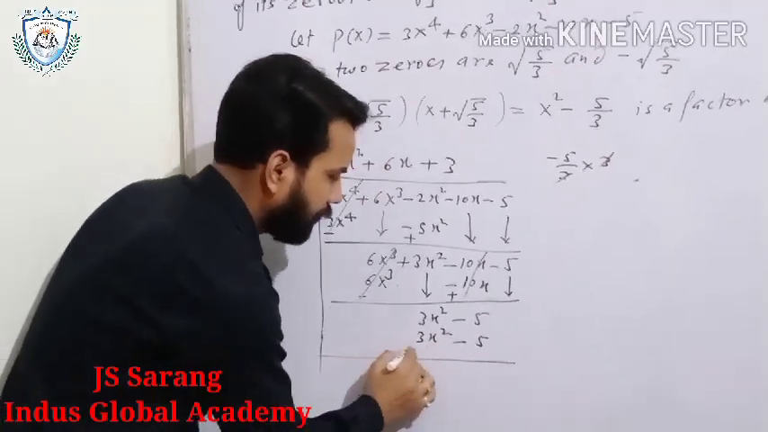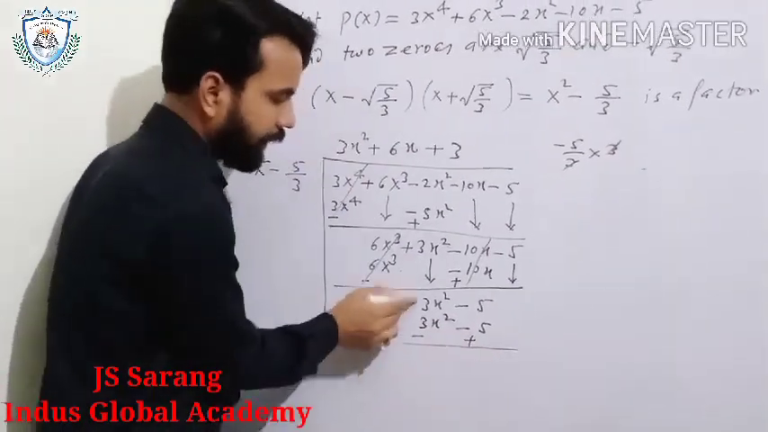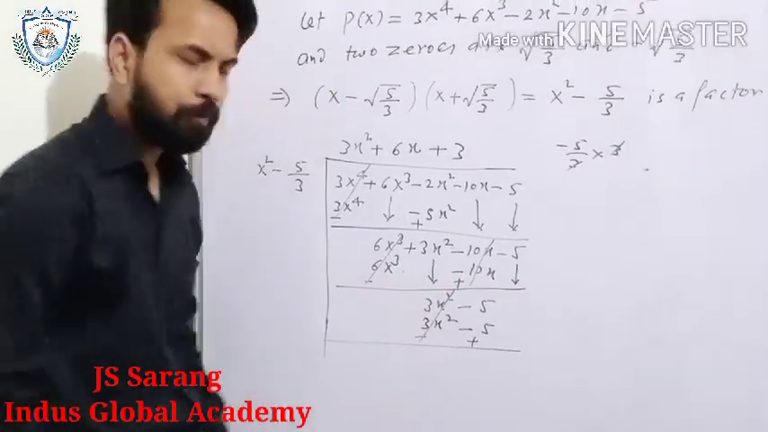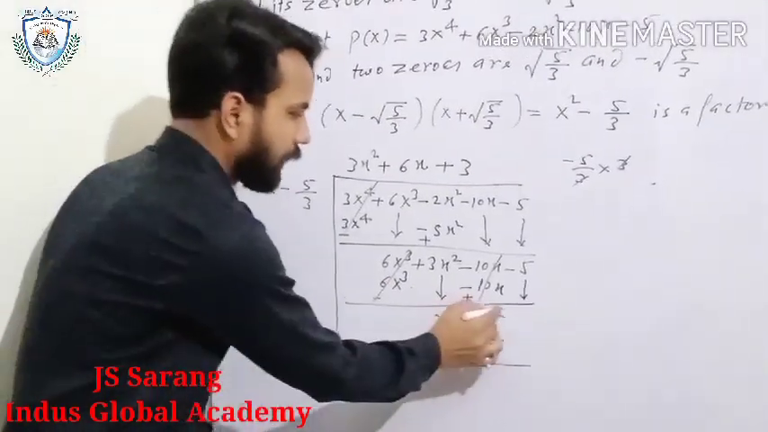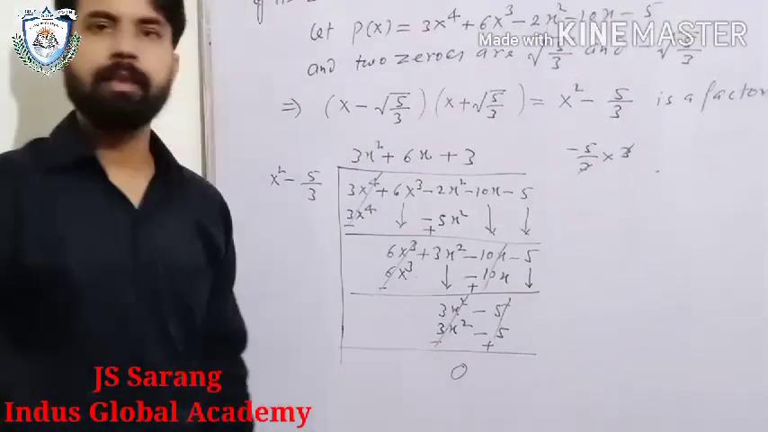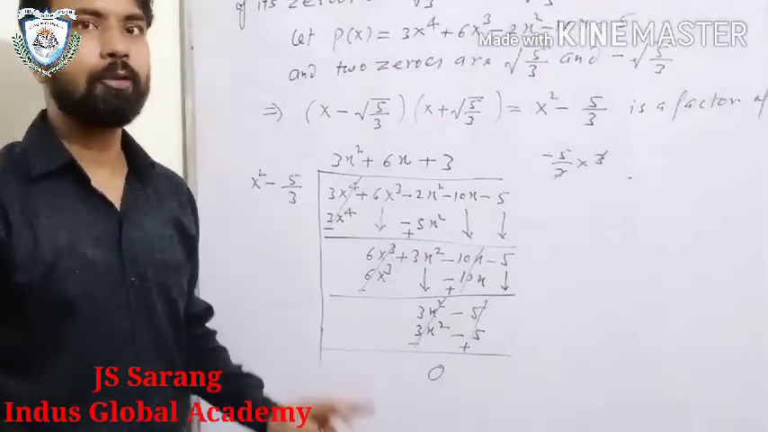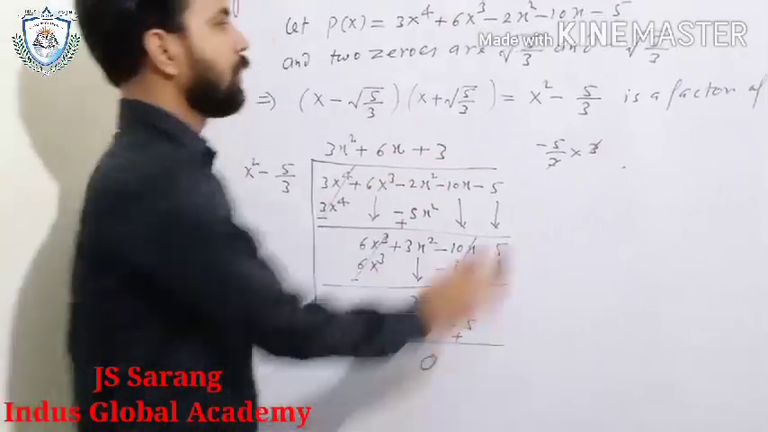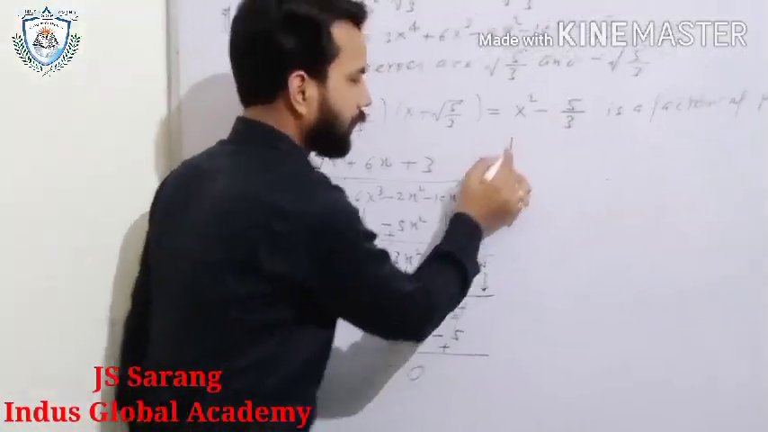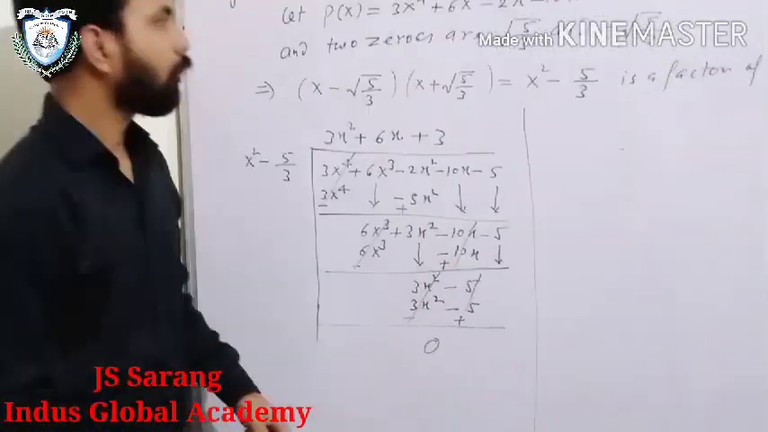Now change the sign, minus and plus. 3x square positive and negative cancel. 5 negative and positive cancel. Remainder is 0. Understood? But the question is not finished yet. We have to find the remaining two zeros. So how can we find the remaining two zeros? So from here